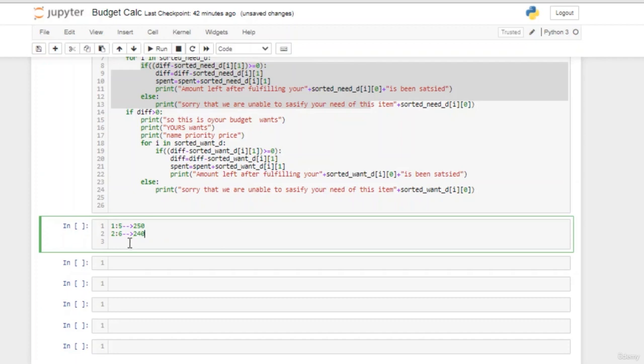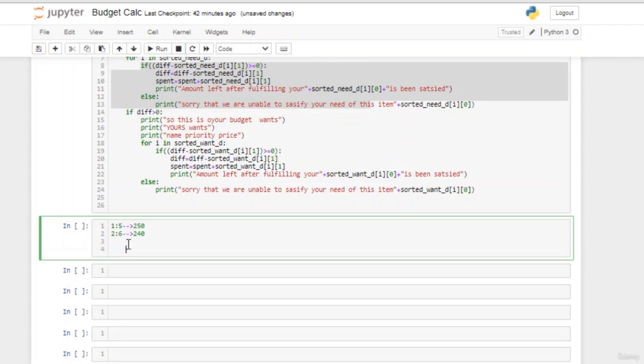What I basically want to say is, if the user allocated this month's budget as 250 rupees and the first element, for instance, has an amount of 260 rupees with the highest priority of 10, and the next priority is 2 with the cost of 240 rupees,